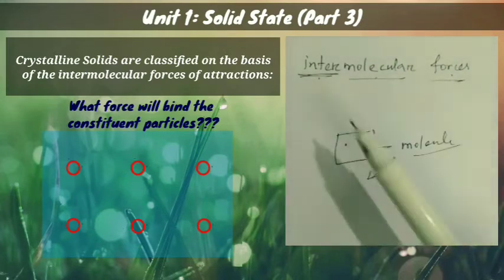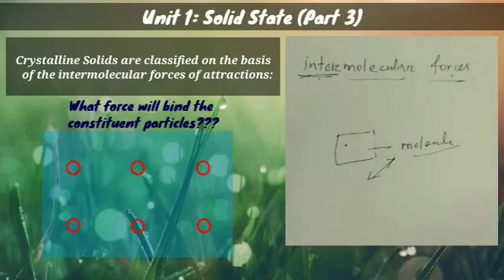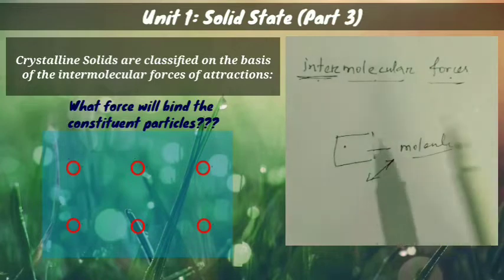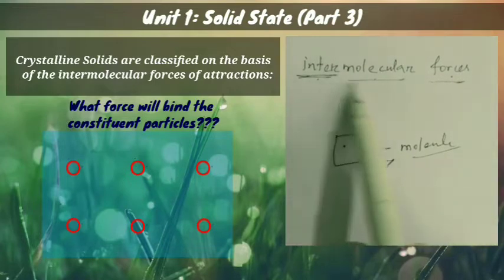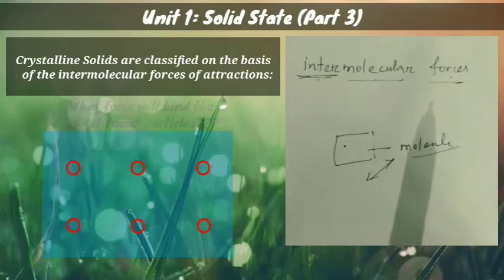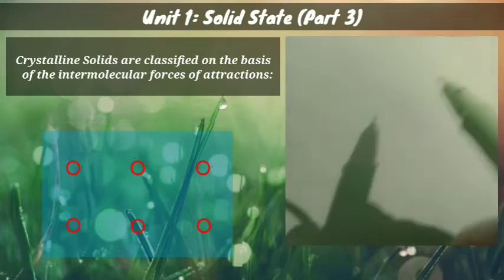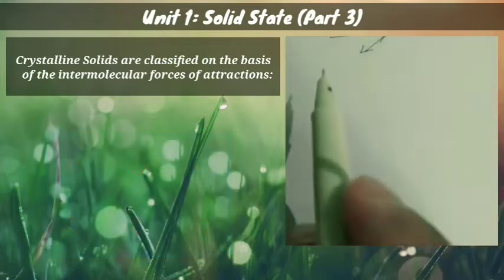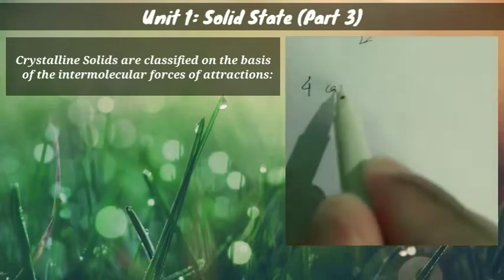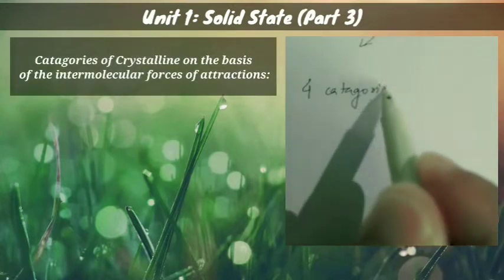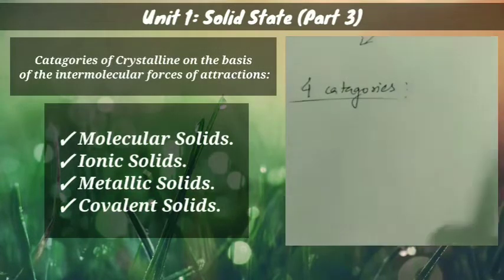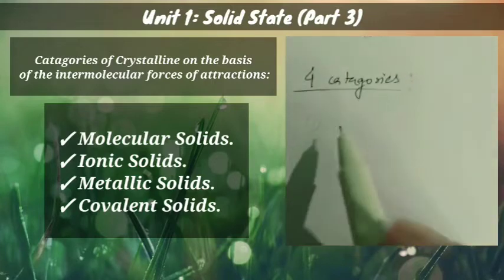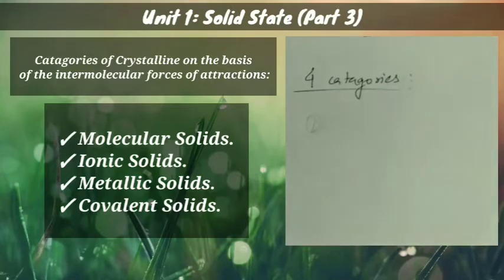Here we are only discussing crystalline solids, not amorphous solids, so remember this point. We are going to divide only the crystalline solids on the basis of intermolecular forces of attraction. On this basis we will divide them into mainly four categories, four types. They are: